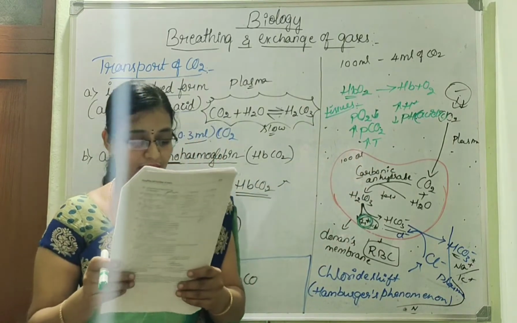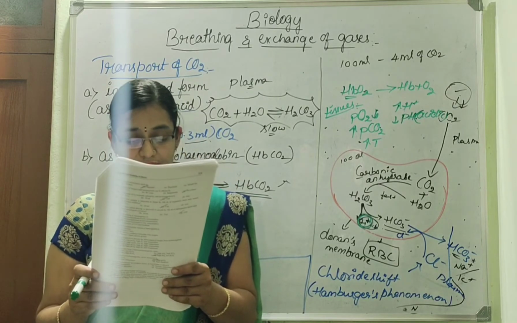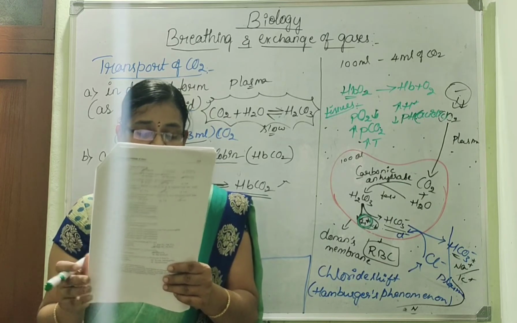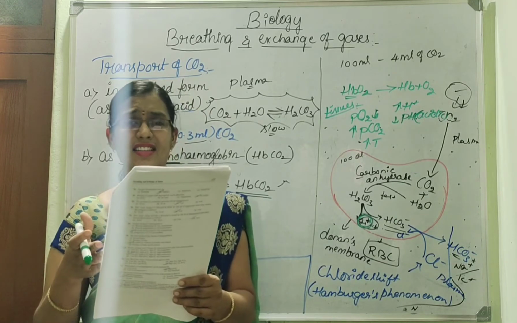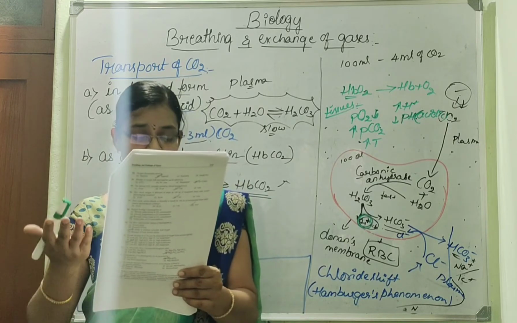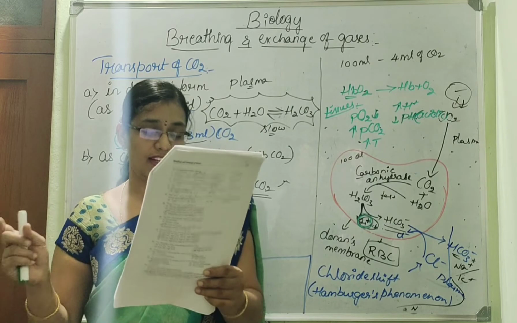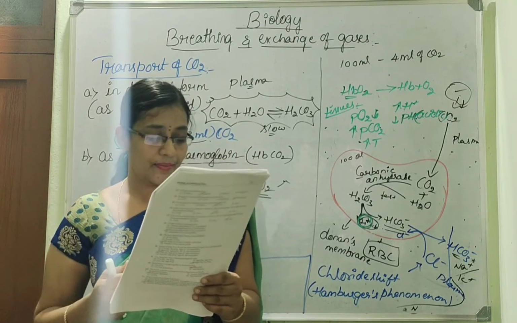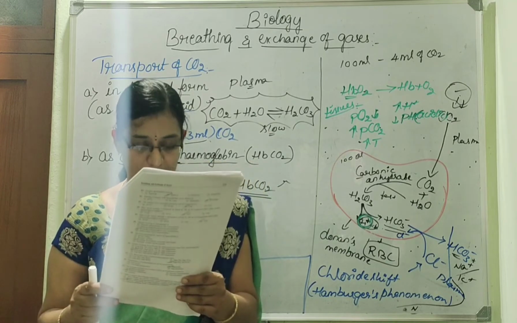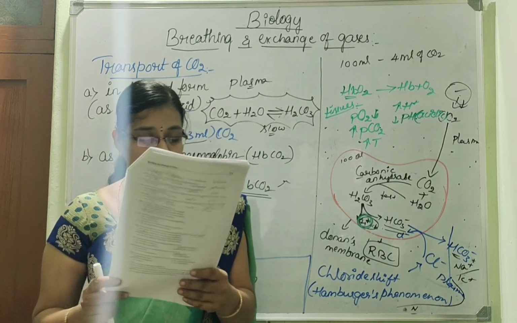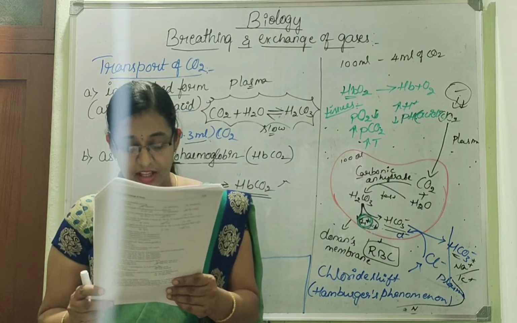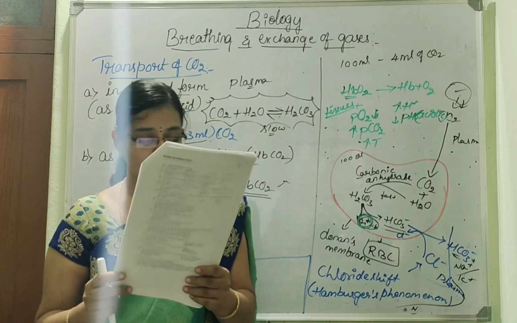Option A. The blood coming out of lungs is richer than that entering into the lungs in: inside the lungs purification takes place. So if it is coming out of the lungs, it must be oxygenated blood. It will be richer in option A, carbon dioxide; B, oxygen; C, both A and B; D, none of these. Option B, oxygen.